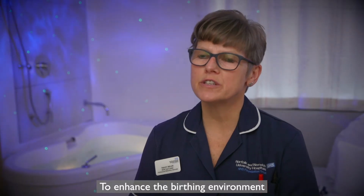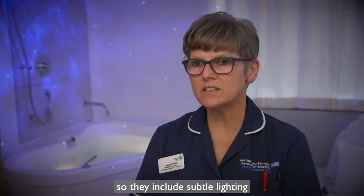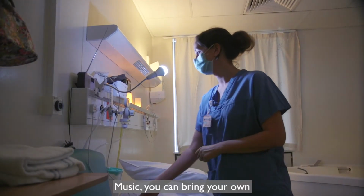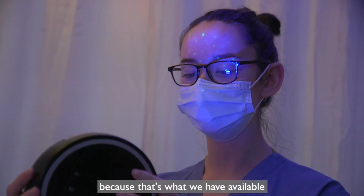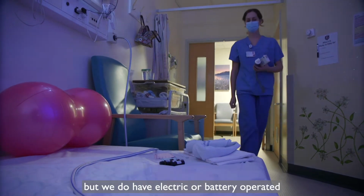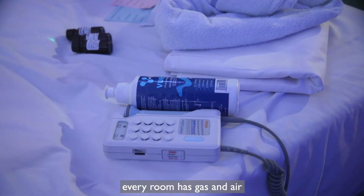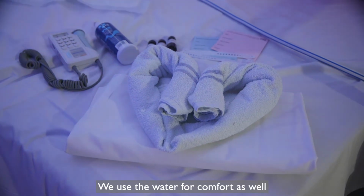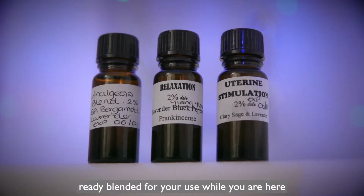To enhance the birthing environment, we've got a number of things. They include subtle lighting, twinkly lights, that kind of thing. Music, you can bring your own. Please bring it so that it can plug into a USB, because that's what we have available. And don't bring candles because of the fire hazard, but we do have electric or battery operated candles to help with that. Every room has gas and air. We can offer you a TENS machine. We use the water for comfort as well,